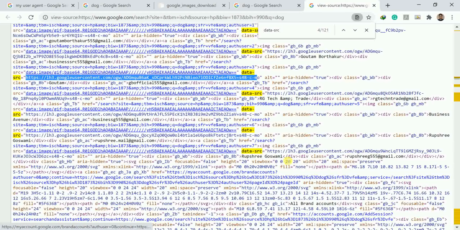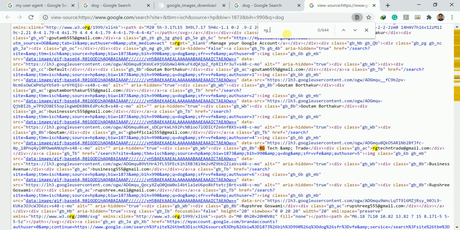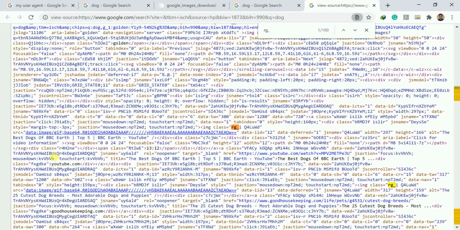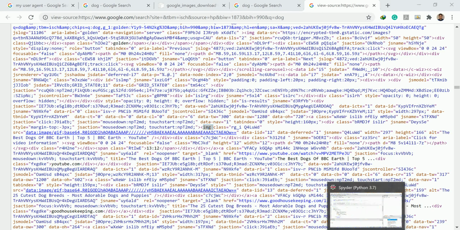One second. RG underscore. Yeah. Again, this class I require. This class needs to be put there, and the pattern I record is img. Okay, so this is a little bit challenging. It takes time to understand and work out what exactly you need to collect from here to extract the required details.